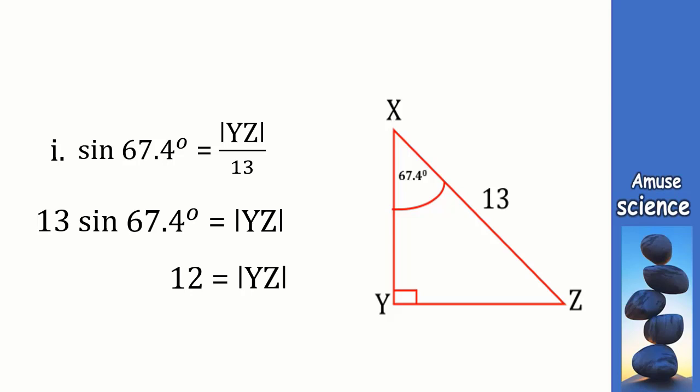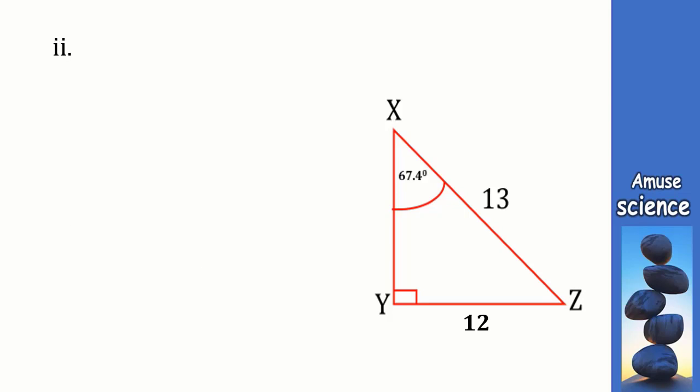Also, let's find the side xy. To find the side xy, we can use any of the 3 sides given, but the most convenient and the safest method is to use the figure we have already been given in the question. Perhaps the one that we just solved is wrong. So we are using 13, which is the hypotenuse, and the side xy, which is the adjacent. So we are going to use the cosine ratio. So we can write that cos